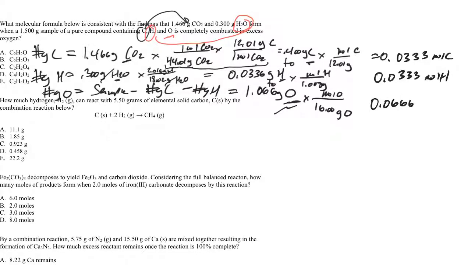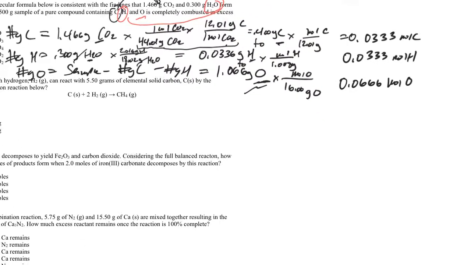It's nice when it works out this nicely, 0.0666, well, other than that one number, but this number of CH to O,